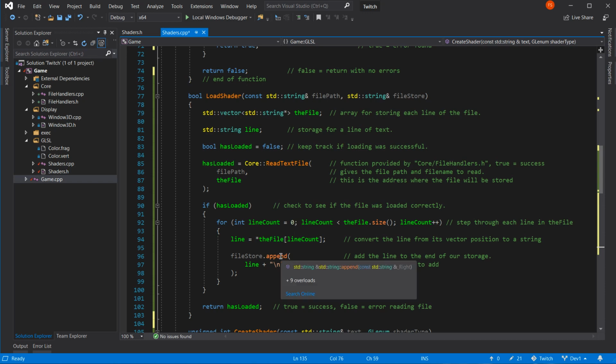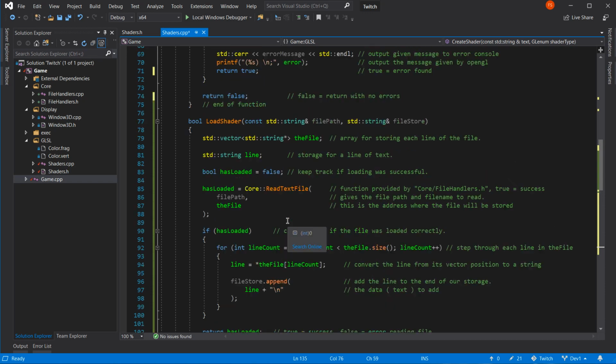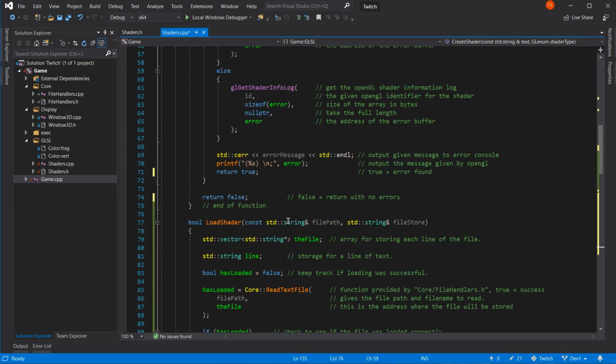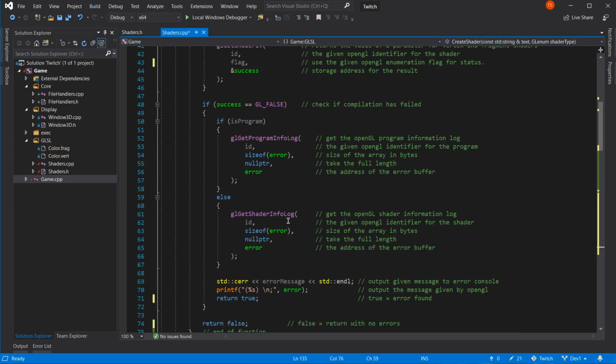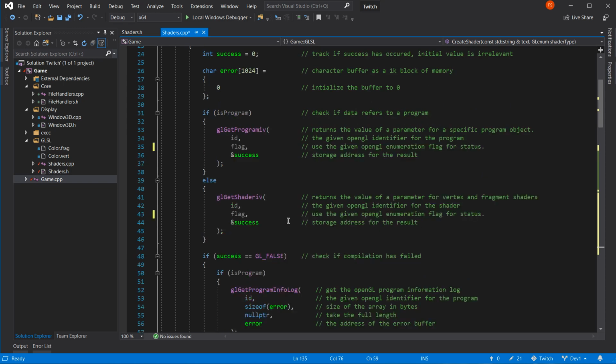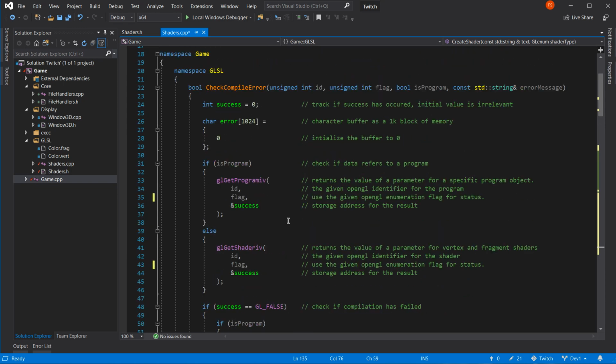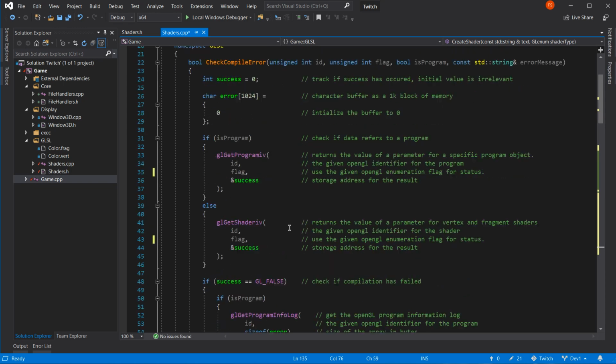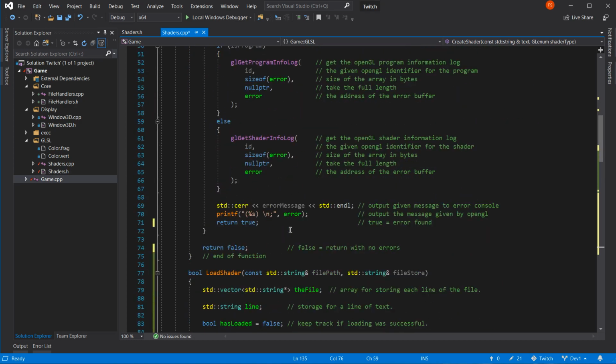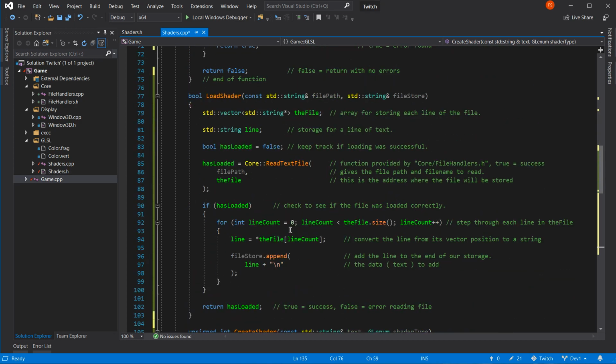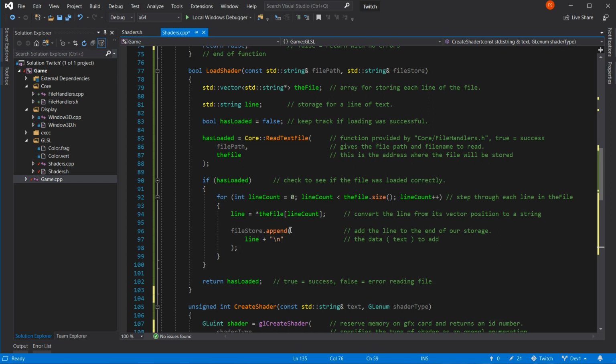Like I said, that append isn't actually needed. You can work around it, but you don't have to. And the tidiest part is the error checking. So the check compiler error is the only part that I actually agree with. All the rest looks still a little bit clumsy, I think the word is.